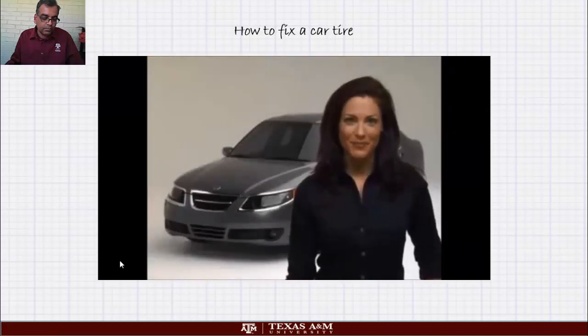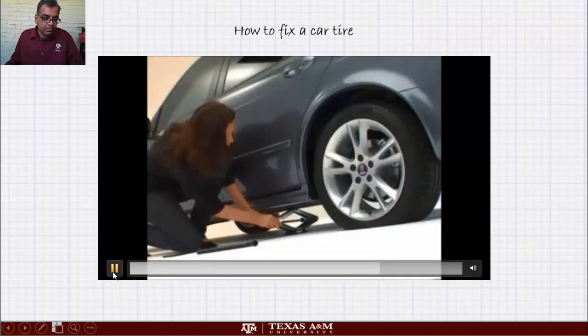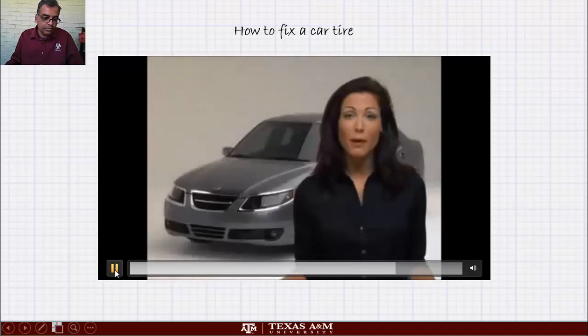Here's where the jack comes in. Put it under the car's frame near the wheel. Notice the lug nuts are loose before she puts up the jack, okay? There's a thin lip that runs along the side of your car. That's usually where the jack goes. Your car might be different though, so